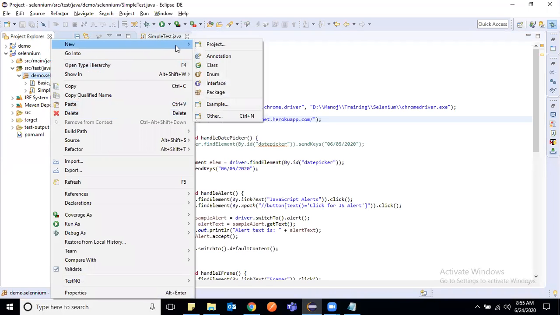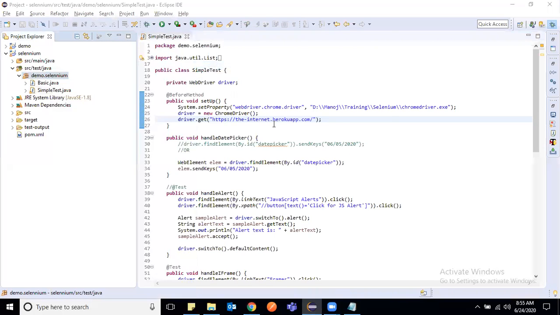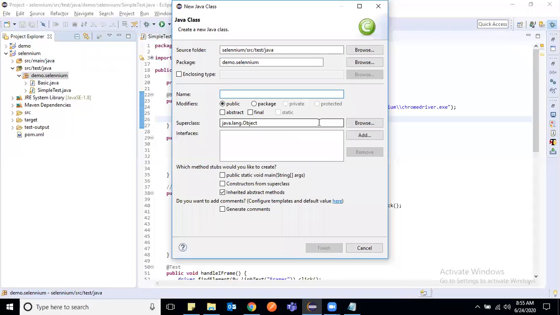Go to here, create a class, and I would say handle window, or let me give some generic name, element interaction test.